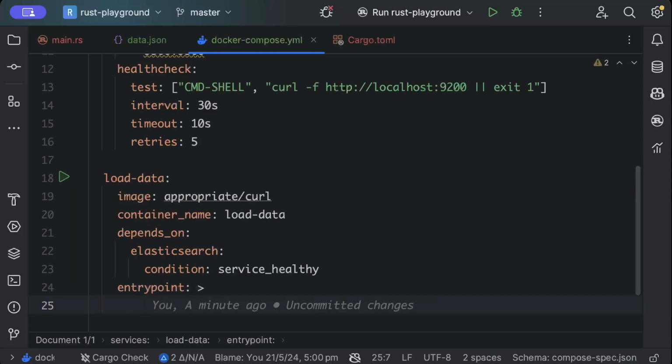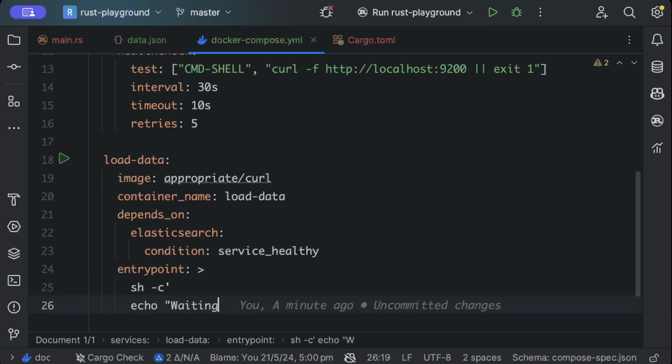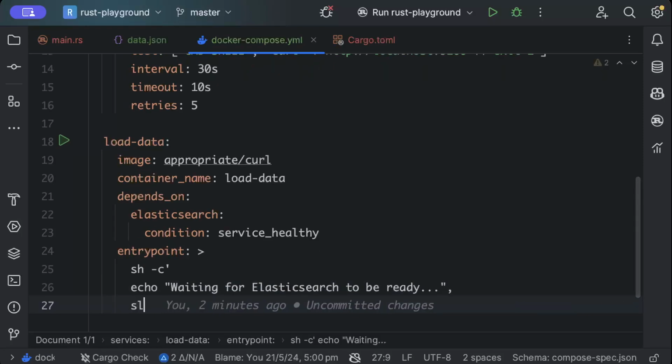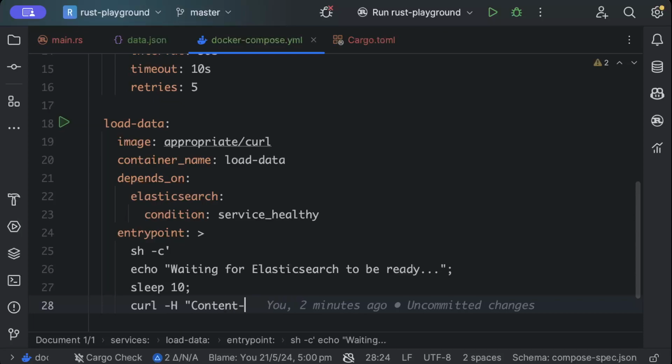and here we will just say sh -c and echo, waiting for Elasticsearch to be ready, and then we'll just say sleep, let's say 10, and then we'll just do curl -H, content type as application/json to dump, and -X POST